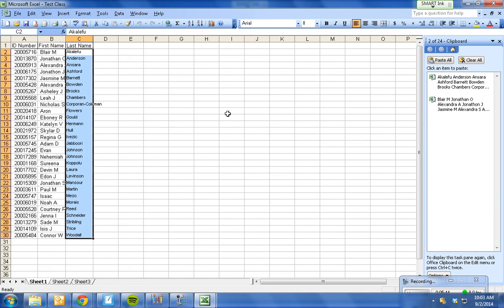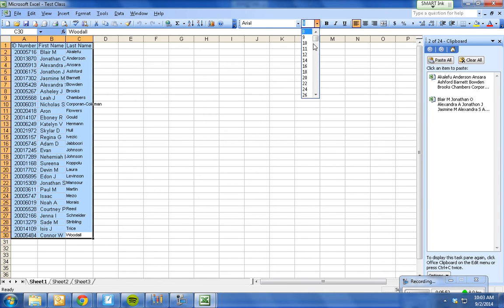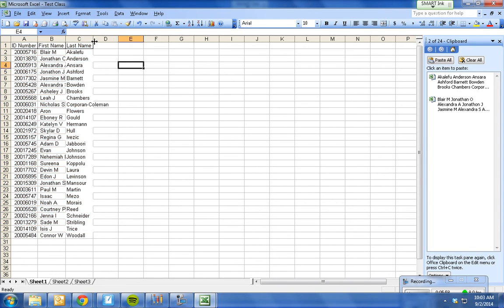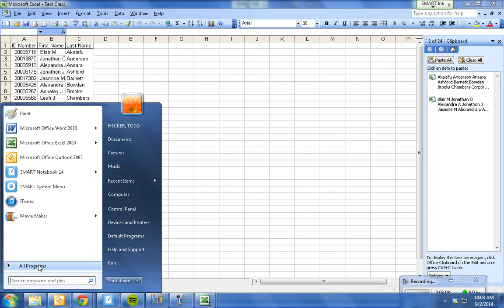Cool. So then the next thing you want to do, so that's actually the hardest part. The rest of this is pretty easy. If you're anal and care about formatting, you can highlight everything and change it all to the same font. Okay, so anyway, save it. There you go. So then the next thing you want to do is you're going to go Start, All